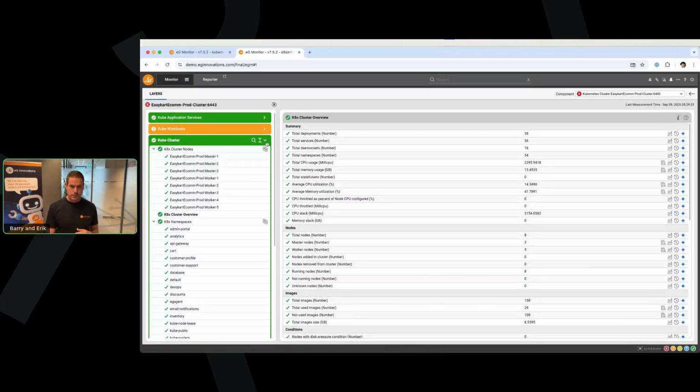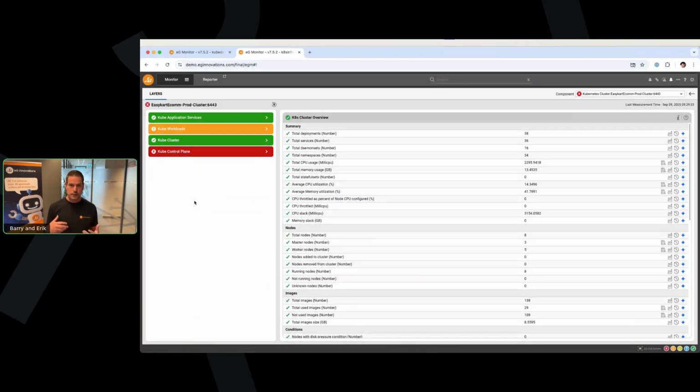Now, as you can see, and you will see this also for the master node and other components that we monitor, we have a layered approach, to call it that. And this helps at first glance in how to visually interpret things, because you can immediately see, okay, these kind of measurements are connected to a certain layer, and that gives a sense of where in the environment issues are happening maybe. And it's also within the product that we can use those layers to automatically do a better correlation, of course.